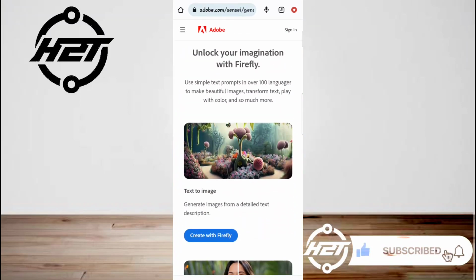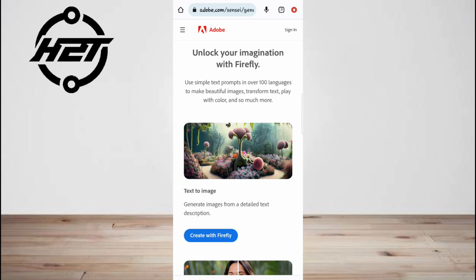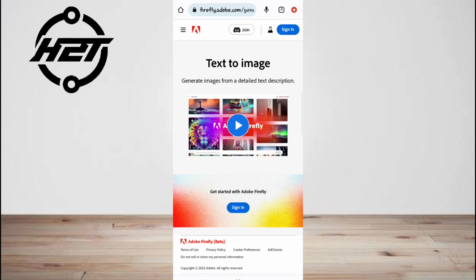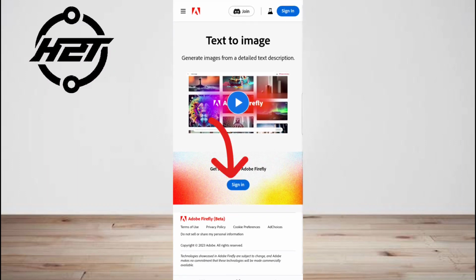Today I'm gonna show you how to use Adobe Firefly in mobile. So first go to Google Chrome and then search for adobefirefly.com. Now click Create with Firefly and then you need to sign in on your Adobe